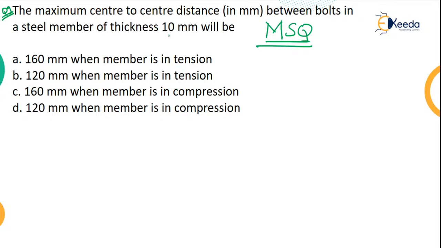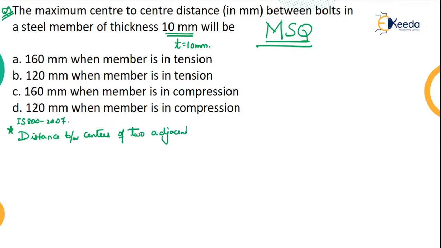Okay, so first of all, the thickness of the member T is given as how much? 10 mm. Now, here the distance between center of two adjacent bolts. So let me write it for you. Whatever is there in your IS 800 2007. So the distance between centers of two adjacent bolts